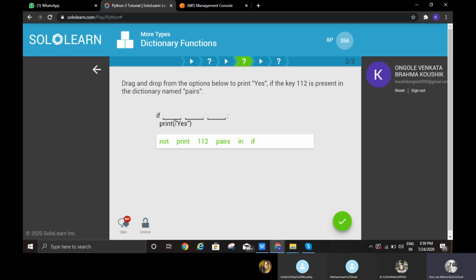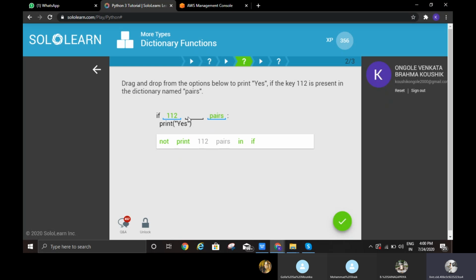Answer this one, friend. If 112 not in pairs. In this one, is key 112 present in the dictionary or not? Not in or in?